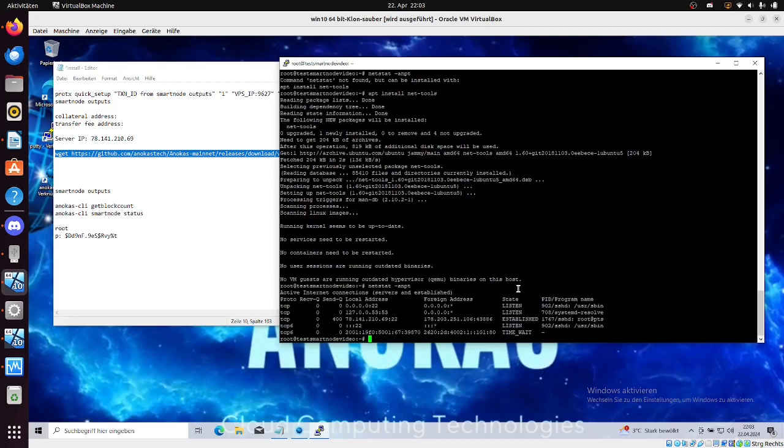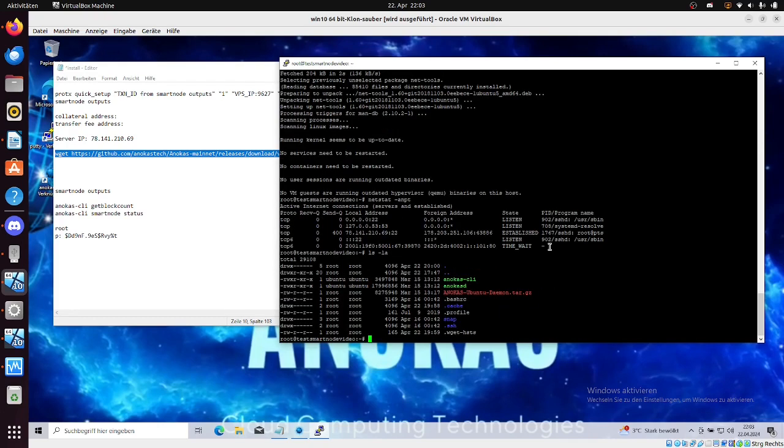Here we go. So why is that useful? Because now you can see on this system on which ports there is something listening. And as you can see, as of now, the main port, which is 9627, is not here anywhere, which means the daemon is not running, which is true because we didn't start it yet, right? So what I will do now,